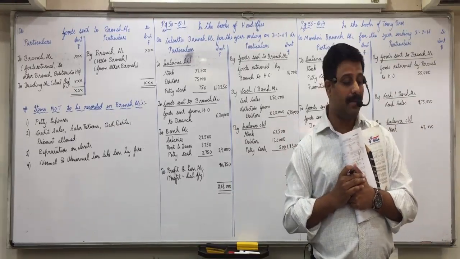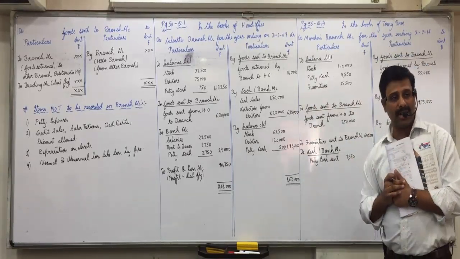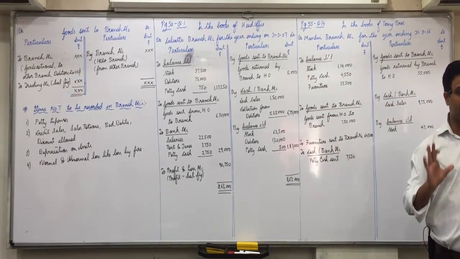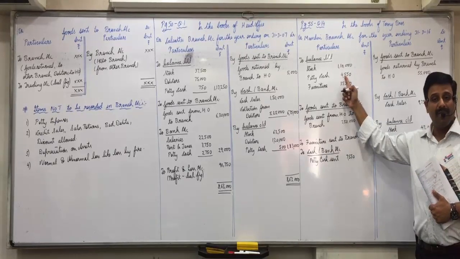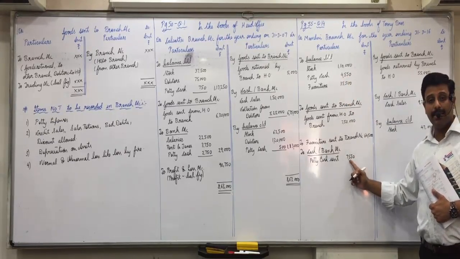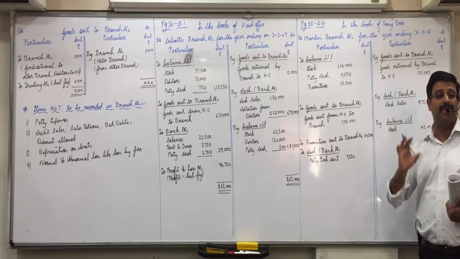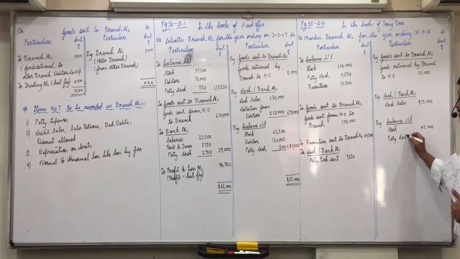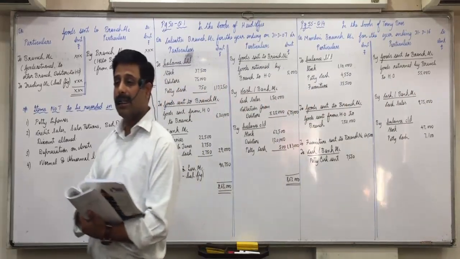But otherwise, normally if it is a missing figure, we have to make the workings, which I will explain in the next lecture. I will explain the logical concept. We have to make a memorandum branch petty cash account, a rough petty cash account, to find this figure. Is everyone clear with it? I repeat it once again. How did we get this 7,100? We already had cash of 4,550 plus sent by head office 7,550. So 12,100 is the total cash available. Minus they spent 5,000 rupees. So what will remain with them? 7,100. We assume it is given in the question. So directly we write petty cash 7,100. In the next lecture, I will explain how to find it if it is missing. Is everyone clear with this?